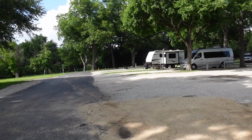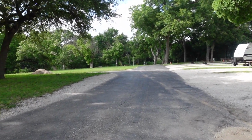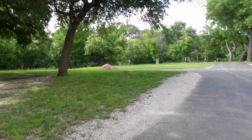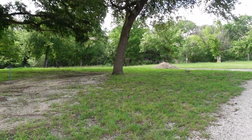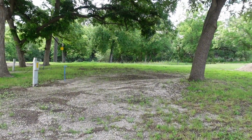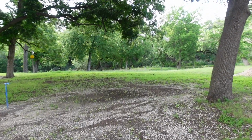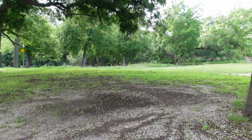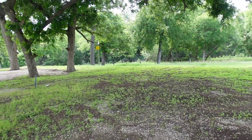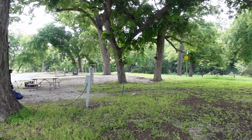And you're right on the edge of nature here. As I mentioned, there's 40 acres of property here for the campground, and then it butts up against a natural area. So although you're in San Antonio, you're just minutes away from the Riverwalk and the Alamo, all of those things. You might think that you're miles and miles away off into a